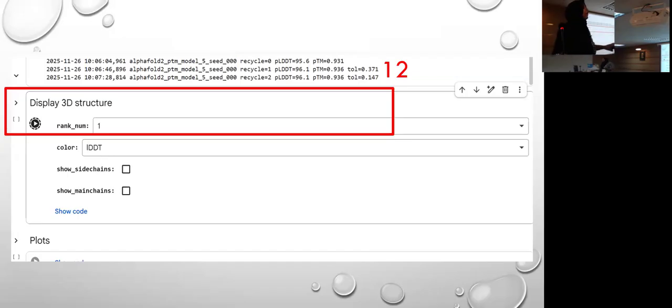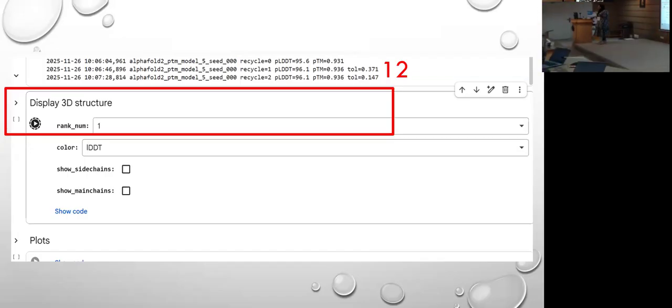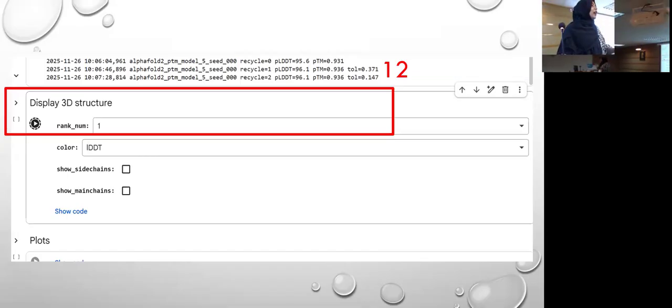Your model has been generated. Now, the next step will be all of the plots you need for validation from AlphaFold. You will get the plots and you will get the zip file at the end. So from here till here, you have the three-dimensional structure of your protein.